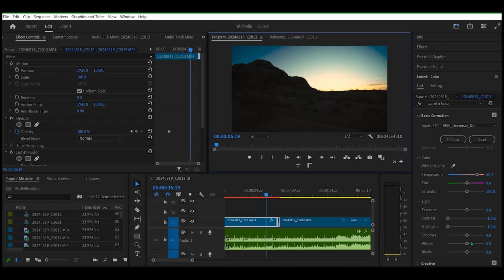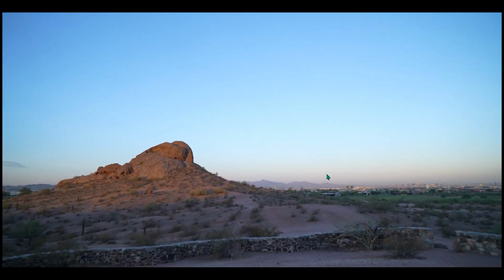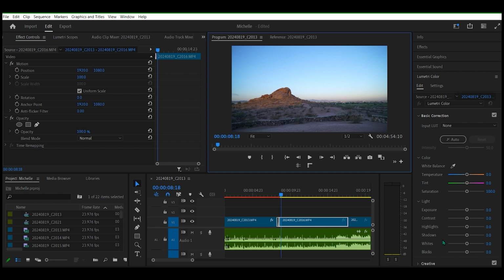Now what happens if we go the other way with shadows? It makes it even darker. But look what happens to the sky. It makes the sky and the sunrise really stand out. So let's hit play once just to see what happens. Okay, but that's a little too dark and a little too quick to go from that dark to this bright, in my opinion. So we want to leave it. Let's go Control Z